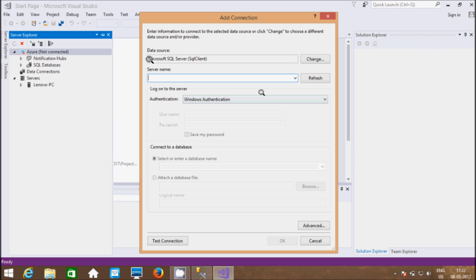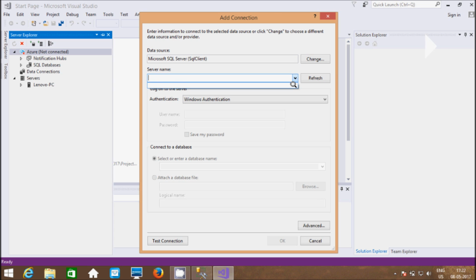Here the data source comes as Microsoft SQL Server. Here you have to give the server name.